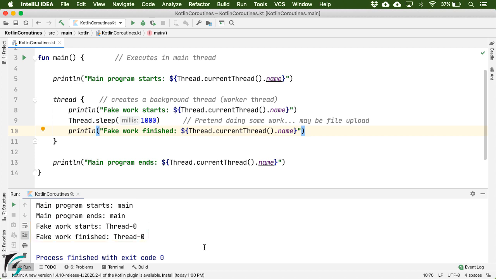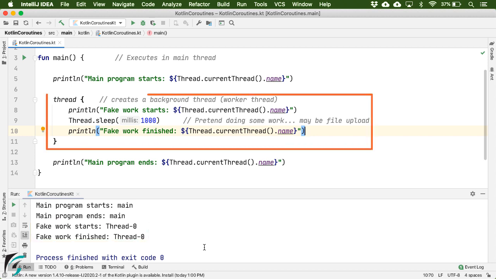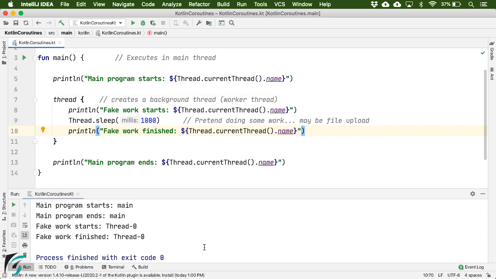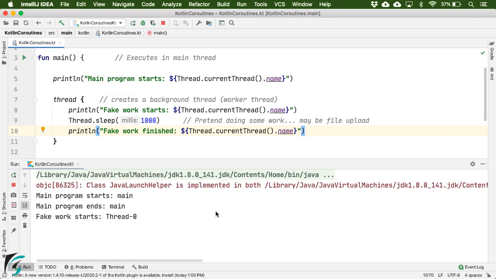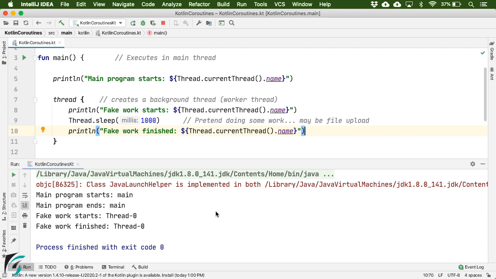Perfect. So what I want to say is that the code in the background thread did not block the code of the main thread. They ran in parallel, that is, in a concurrent manner. Quite simple, isn't it? And also, if you run the program again, then you will find that there was a gap of 1 second between these two statements. It is due to our fake work going on at this line of code that lasts for 1 second.